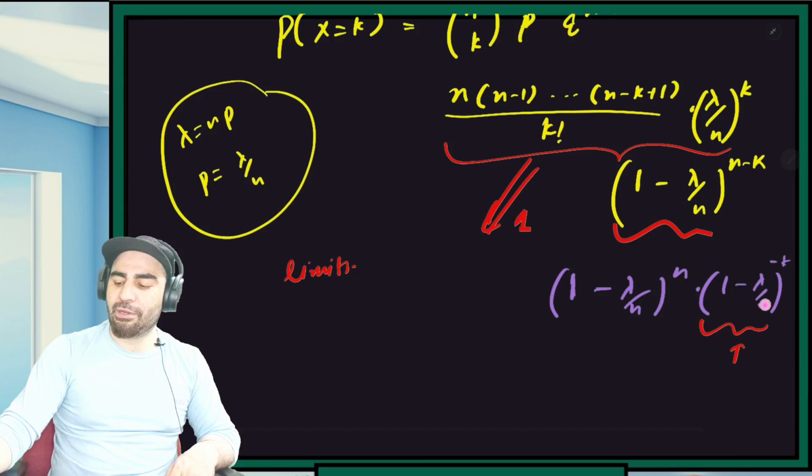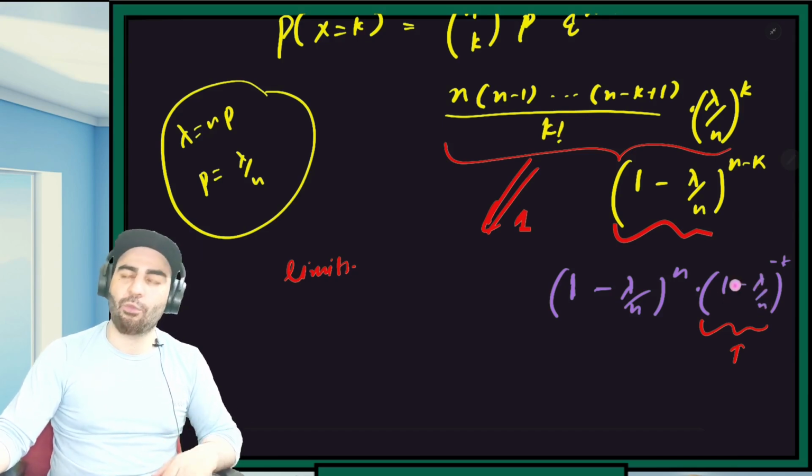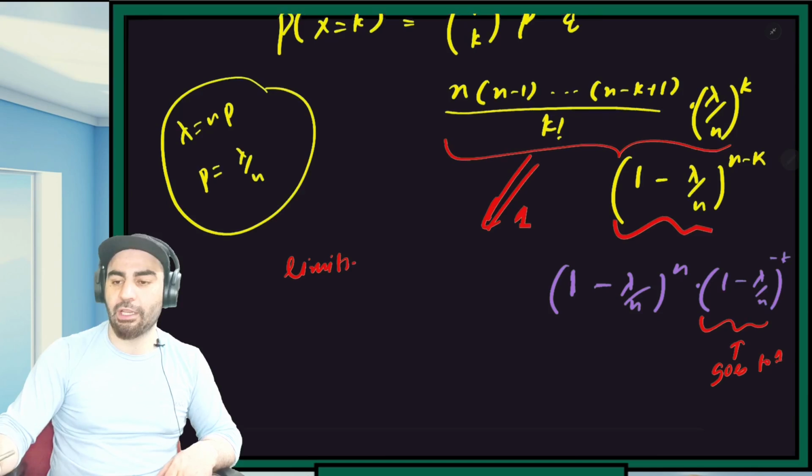Why? Because if you put the limit, lambda divided by infinity is again 0. So 1 minus 0 is 1, and 1 raised to power minus k is 1. So this is again 1. So it goes to 1. Okay. Now if you use this,